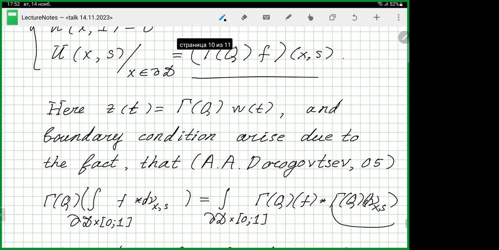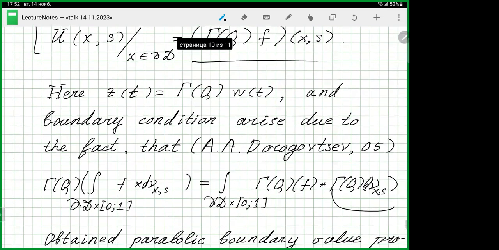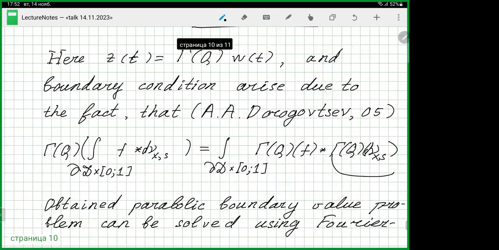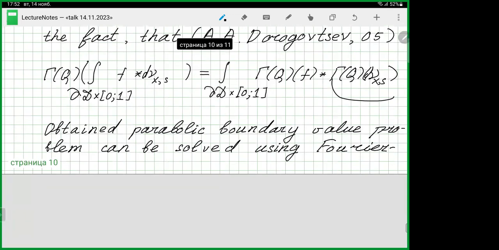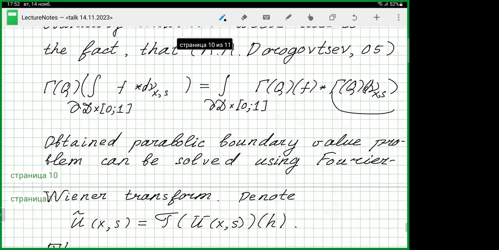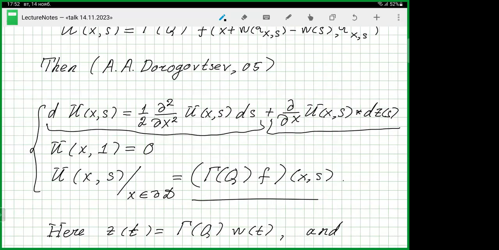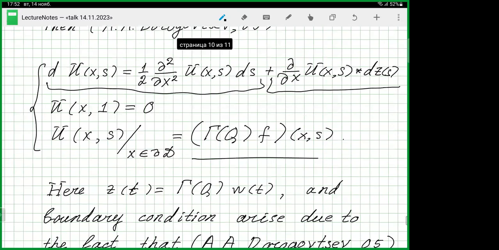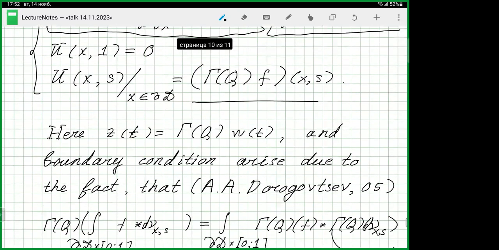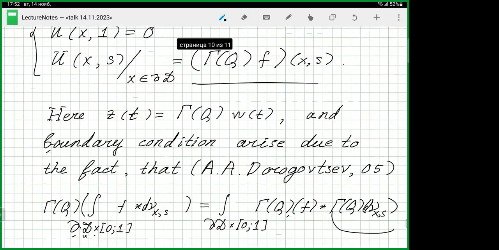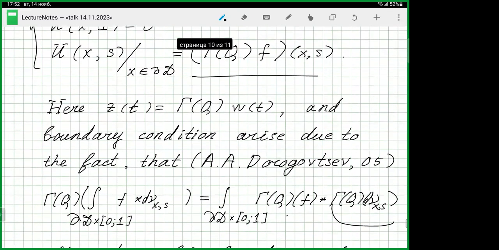Okay. So now we also have to ask how we can solve this parabolic problem. Yes, it will give us the new probability, maybe, but how to solve it? And the solution is the following. Let us use a Fourier-Wiener transform. Then